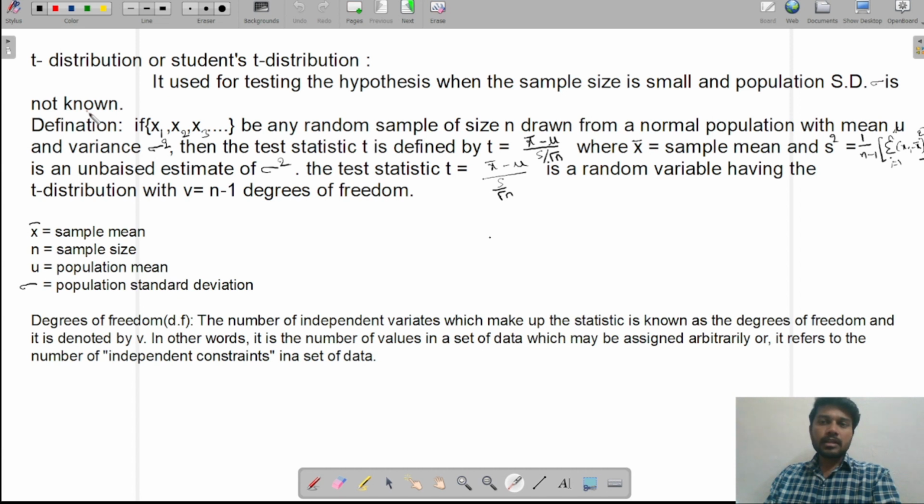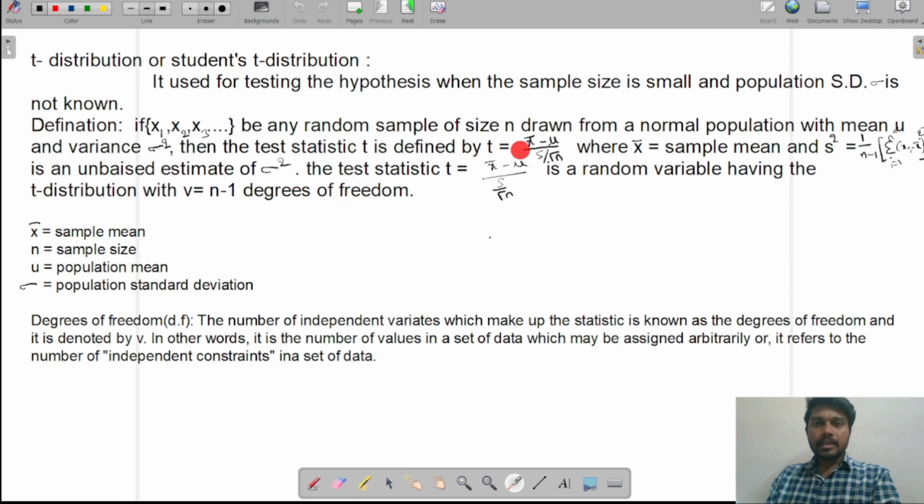Which is nothing but the standard deviation is not given in the question. Population standard deviation is not given. Now, if x1, x2, x3 and so on be any random sample of size n from a normal population with mean mu and variance sigma square, then the test statistic t is defined by